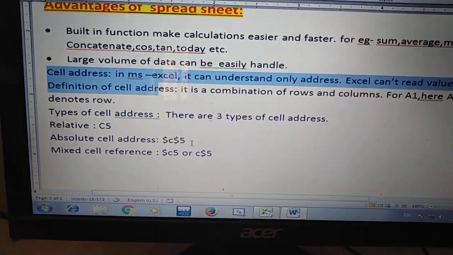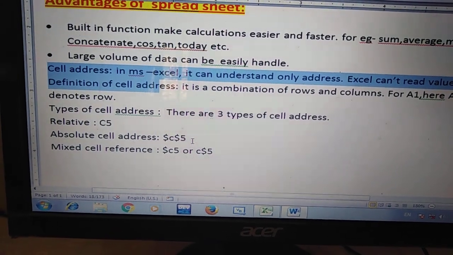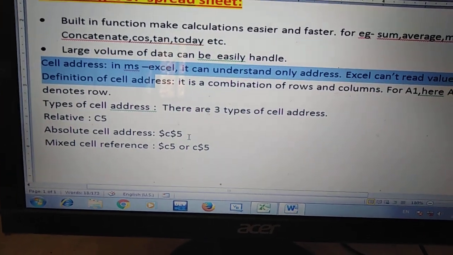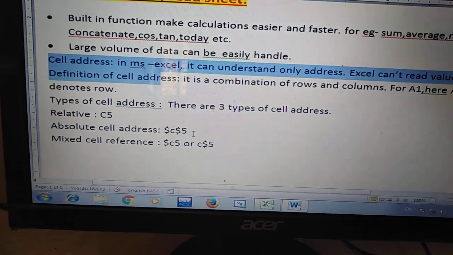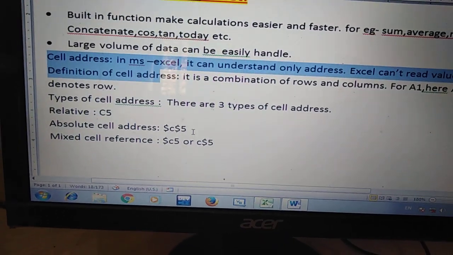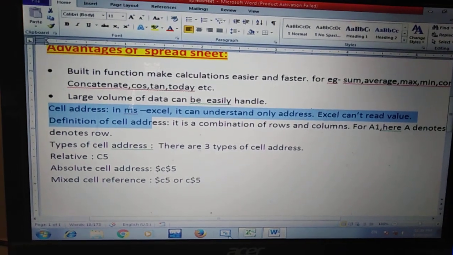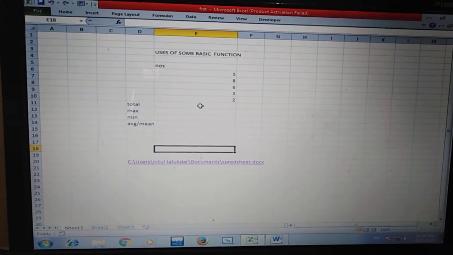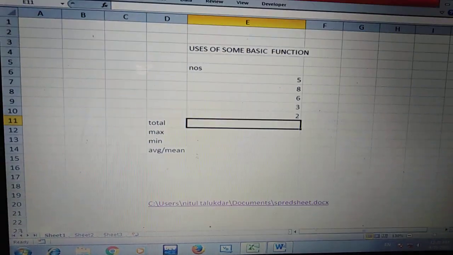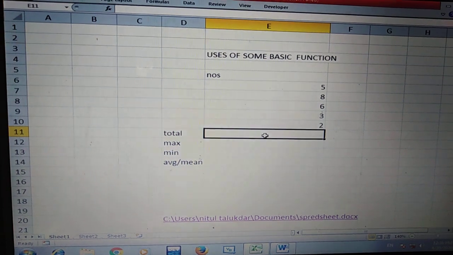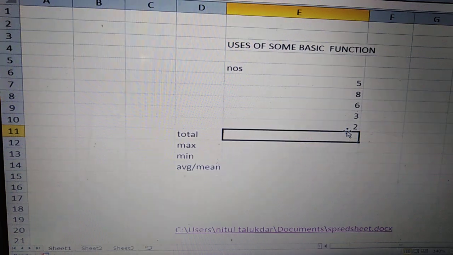The maximum number of formulas use relative cell reference, but for some formulas like VLOOKUP, in a different sheet or different workbook, at that time we use absolute cell reference, whereas all other formulas are applicable with relative cell reference. So we have to perform some functions. Suppose we have to add numbers. We have to add these numbers with the help of functions. At that time one function is needed.